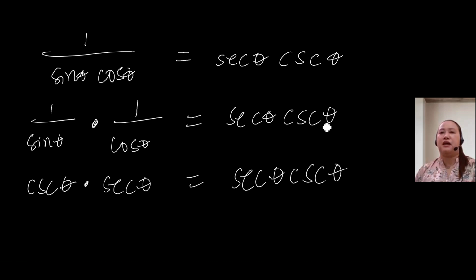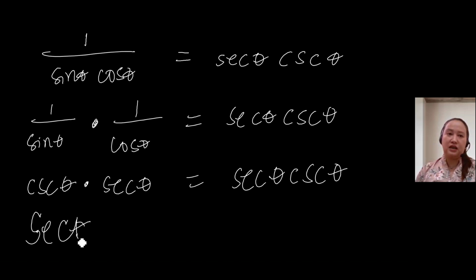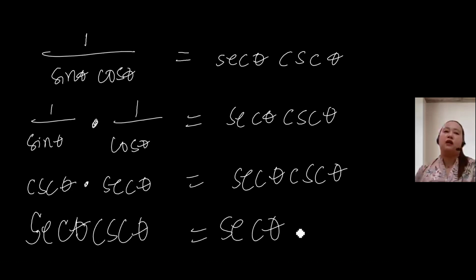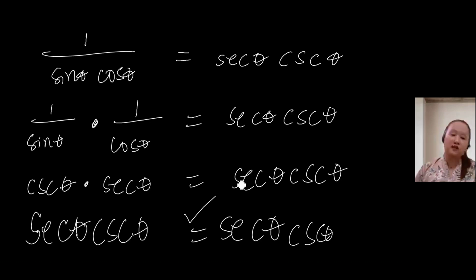So remember, the right side has the operation multiplication. So the left side, you just rearrange this. So cosecant theta times secant theta can also be written as secant theta cosecant theta. So secant theta cosecant theta equals secant theta cosecant theta. Okay, that's it. Again, if you have any other solution, you can do it. Next,